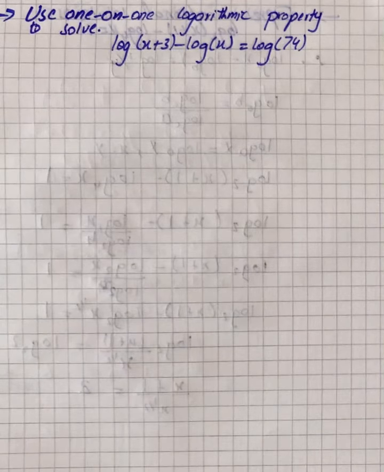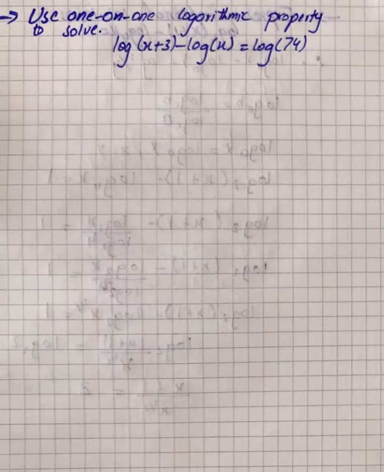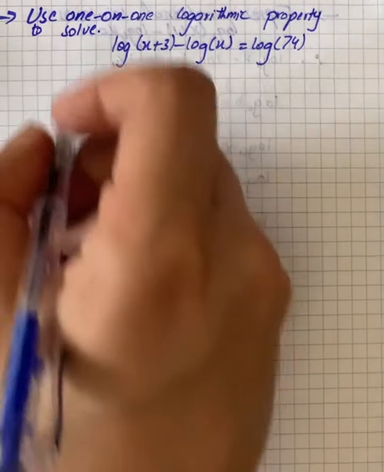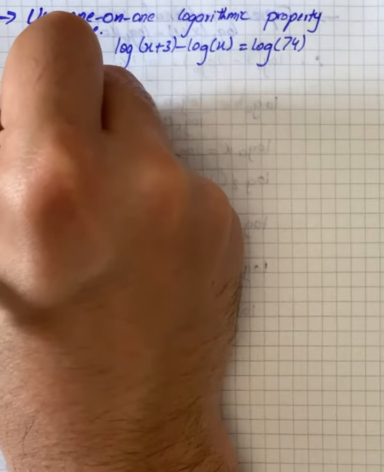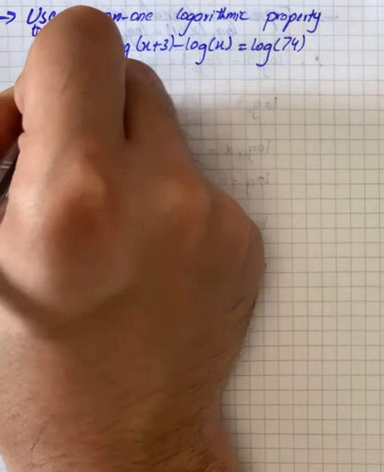Here we have a question that says use the one-to-one logarithmic property to solve. The question says log(x + 3) minus log x is equal to log 74. So first of all, we will write the one-to-one property of logarithm. The one-to-one property says